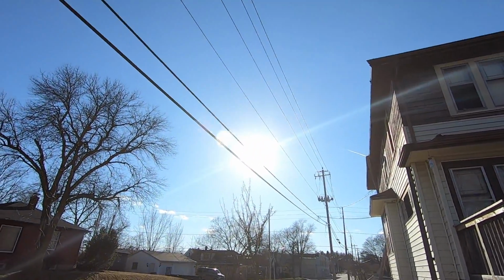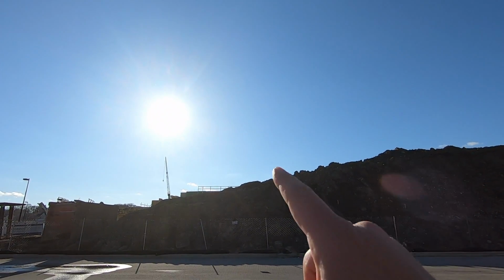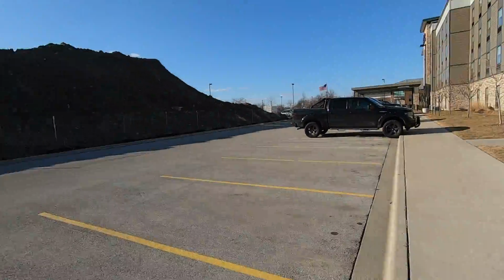With that, I think we're going to take a little trip to the Home Depot. So there's a lot of construction over here, so the hotel has a mountain of dirt in front of it, but